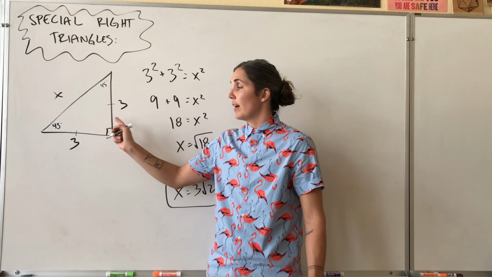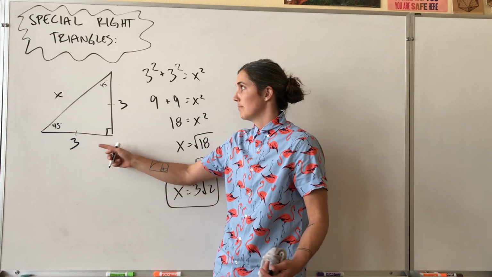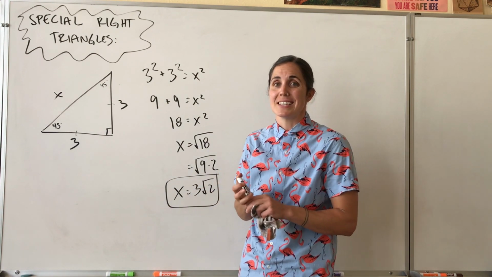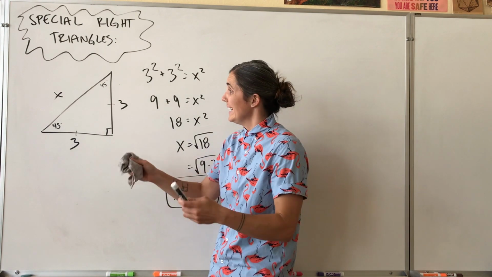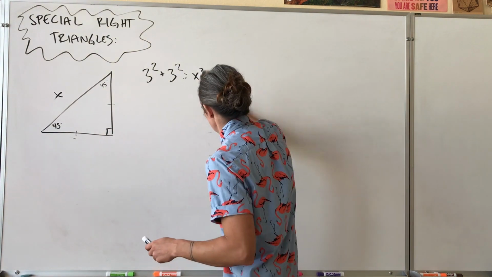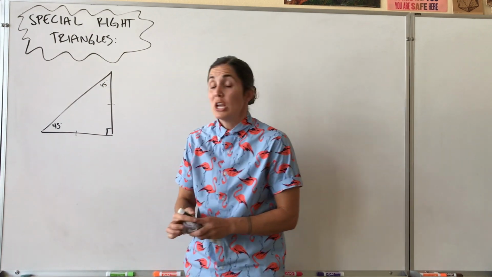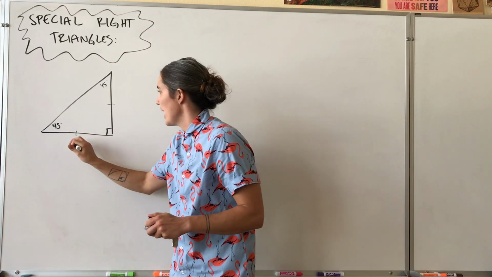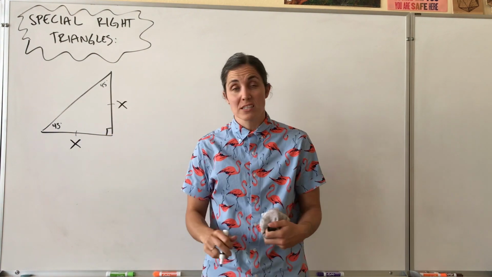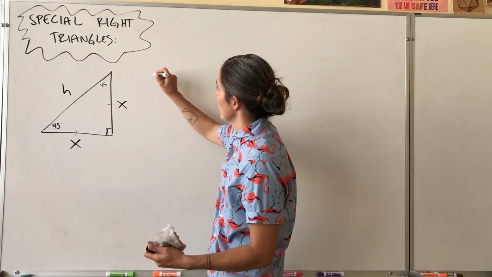When the legs were 5, the hypotenuse was 5 root 2. When the legs are 3, the hypotenuse is 3 root 2. This is not a coincidence. This is indeed a pattern. Anytime we have a 45, 45, 90 right triangle, let's change our variables a little bit. Suppose we knew that the side length was x. Whatever x was, this is also going to be x. And when we go to solve for our hypotenuse this time,